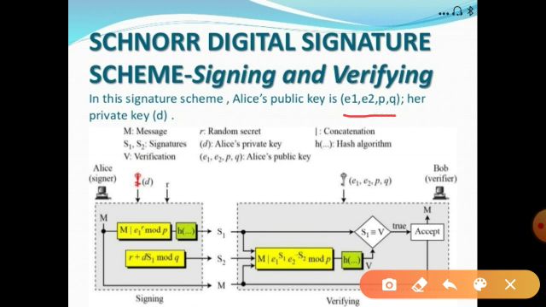Here also we have to generate two signature values, but here S1 is a digest, that is, the output of the hashing function.